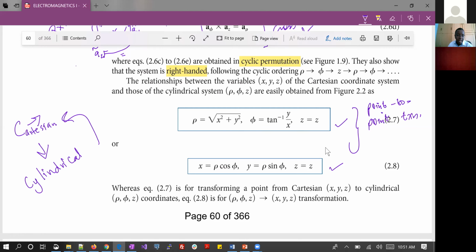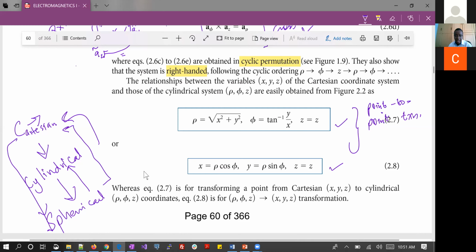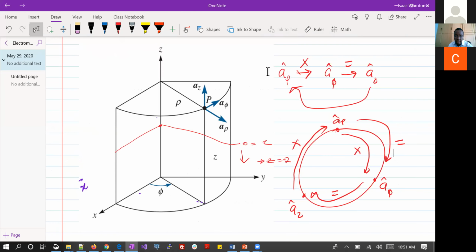Similarly, when we have done that, we might also move from cylindrical to spherical. After you have moved, we might also move back to cylindrical, and we might still move from cylindrical to Cartesian, and we might move from Cartesian to spherical. So I think these are the ideas you're going to be working with. And just that is the idea. So having said that, what we are saying is that from this diagram that I have shown right here,